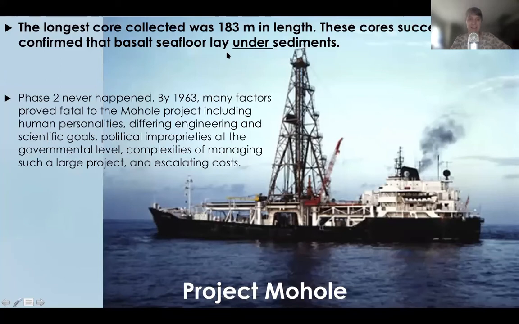Okay, so they got a core that was about 160 meters in length, and these cores successfully confirmed that there was a basalt seafloor under sediments, and that the sediments sitting on top of the seafloor were Miocene of age. And so it was a big success, but